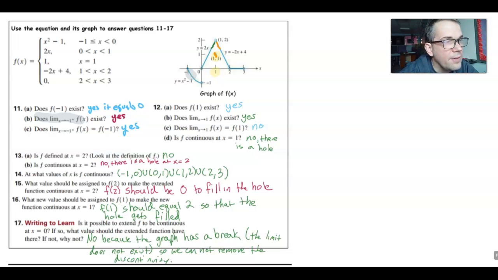Questions 13 and 14. So 13 asks if f is defined at 2, and I can see that it's not. If I were to look at the graph, I could see at 2 that there's a hole in the graph, but there's no other dot filled in anywhere near 2 whatsoever. If I were to look just at the algebraic expression of it, this rule is good for x values that